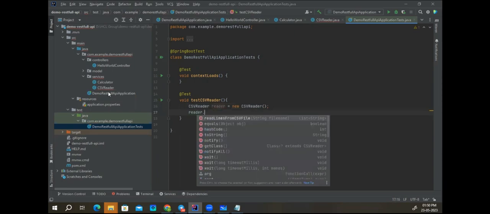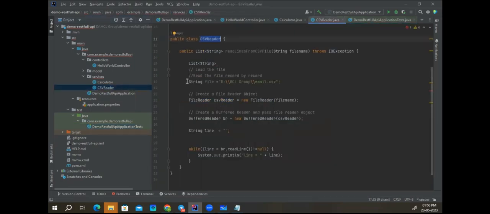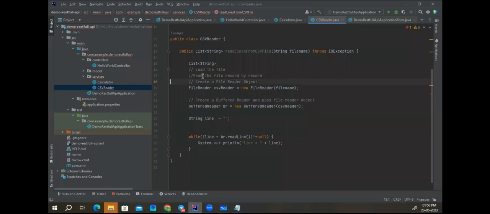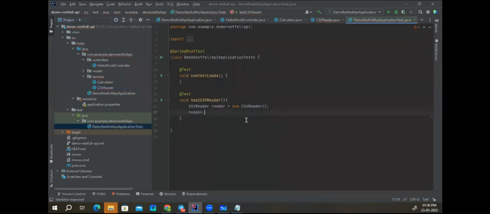So now what I will do here, I will remove this hard coded name from here and place it in my test function. So file